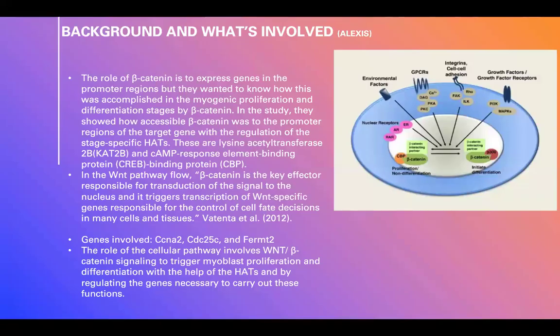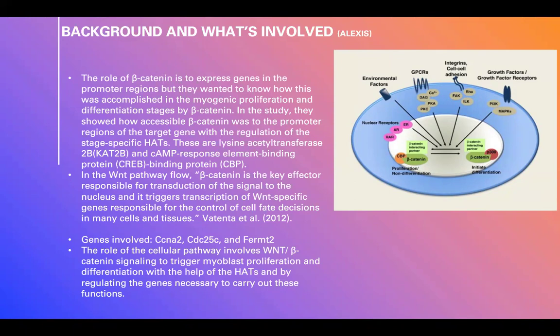So for the background, the role of beta-catenin is to express genes in the promoter regions, but they wanted to know how this was accomplished in the myogenic proliferation and differentiation stages by beta-catenin. So in the study, they showed how accessible beta-catenin was to the promoter regions of the target gene with the regulation of stage-specific HATs, which are histone acetyltransferases. And these are the lysine transferase 2B, which is CAT2B, and